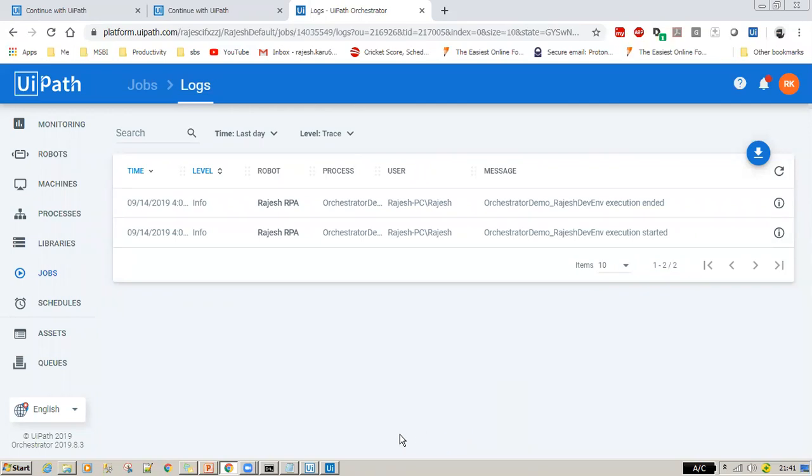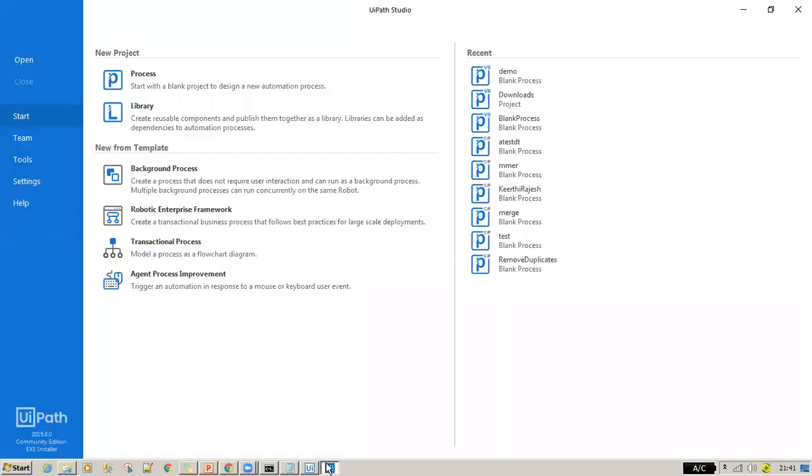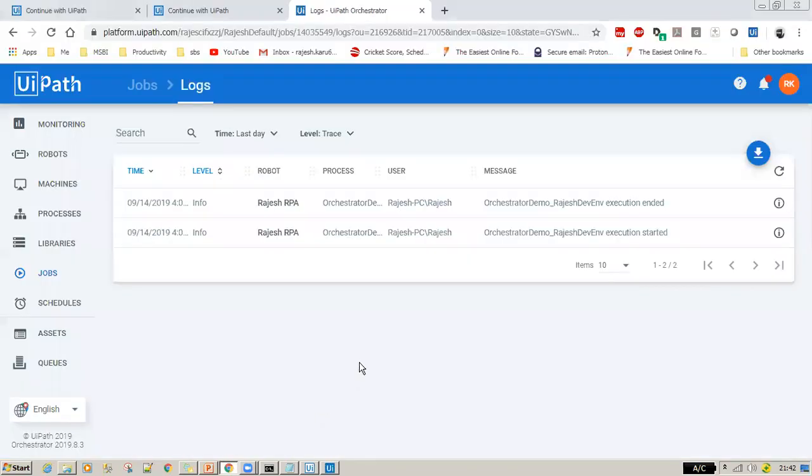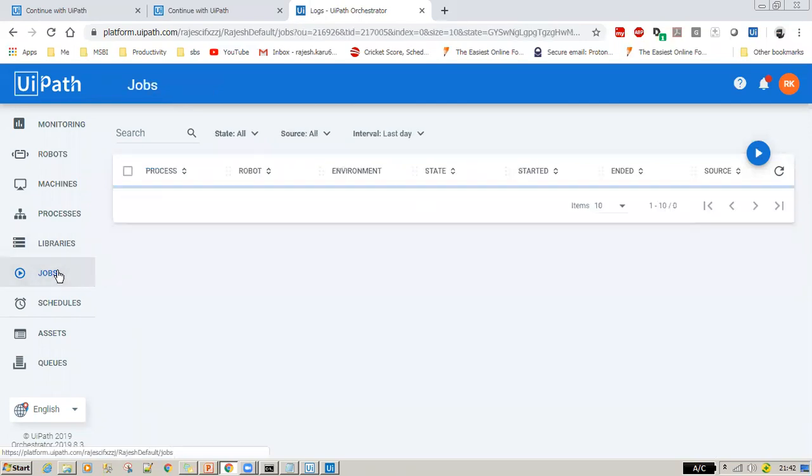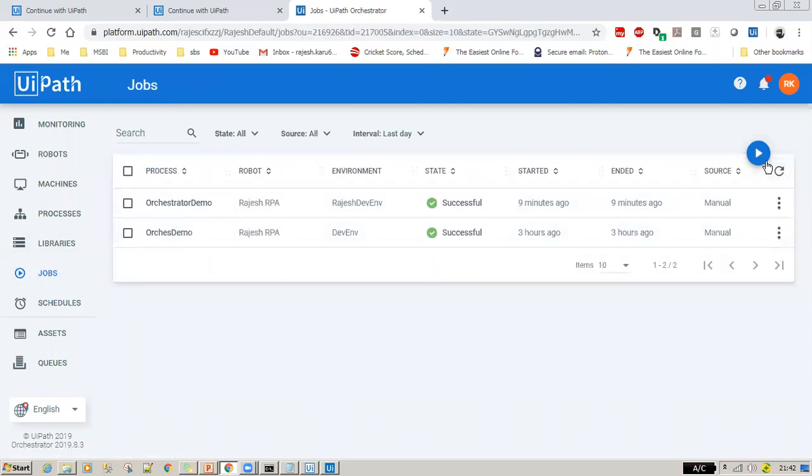So in interviews, they might ask you in how many different ways you can run your UiPath jobs. The first one is through your studio, as you guys are aware of. The second option is from your Orchestrator jobs. And the third option, let's see, when you go to your UiPath robot system tray,